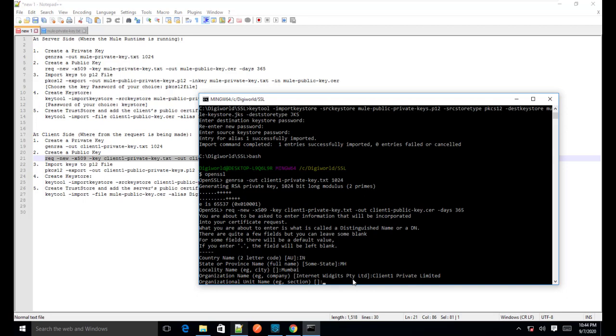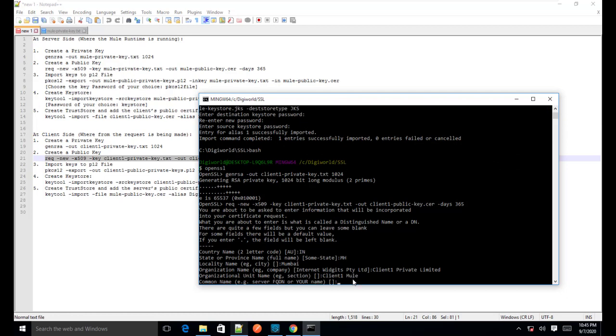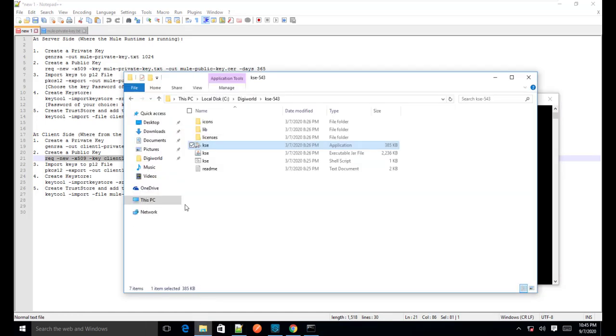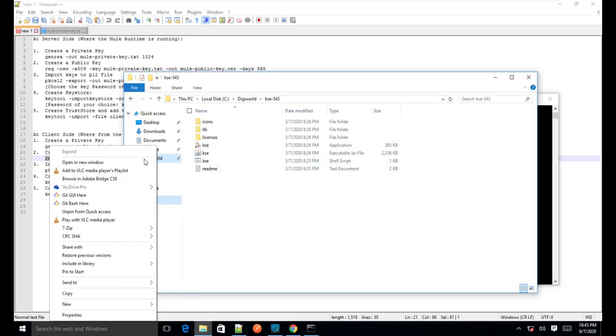The organization unit I will say as client 1 mule, the common name as mule 4 client 1, and the email address as client mule 4 at client1.com. So we will see that those certificates would be created.